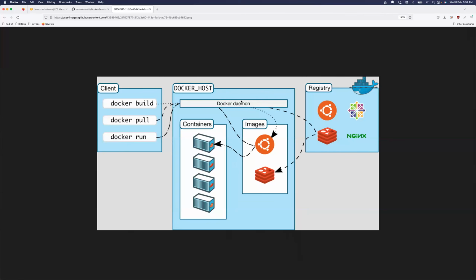So what is the heart of Docker? The Docker daemon is the heart of Docker. If the Docker daemon goes down, technically your Docker will stop functioning and your containers will stop working, because these containers are running against this Docker daemon, and the Docker daemon is the one that is listening to your containers. Okay, so this is the architecture.